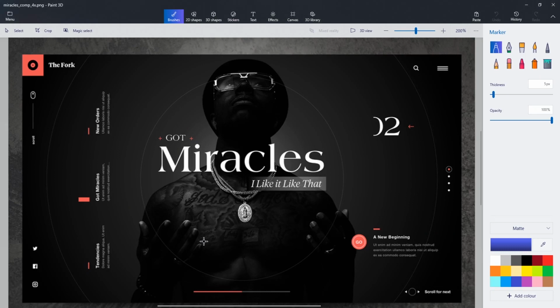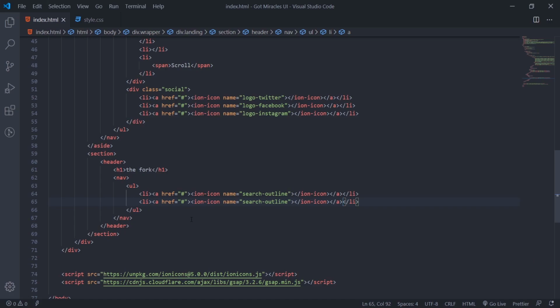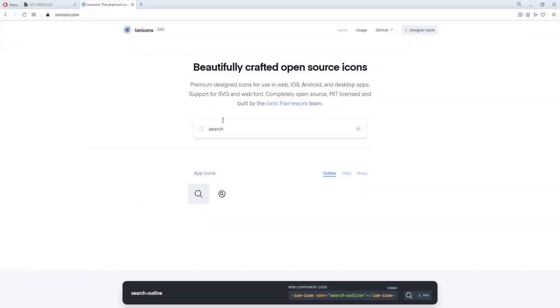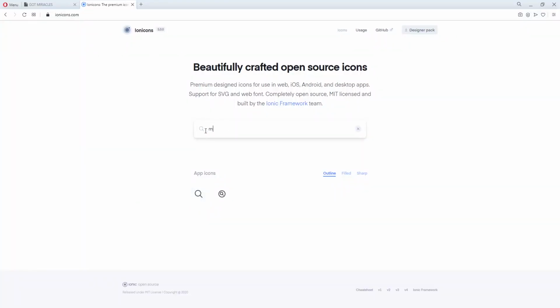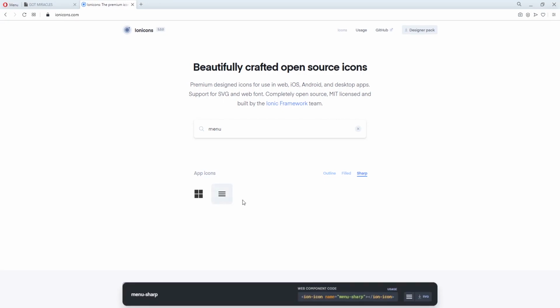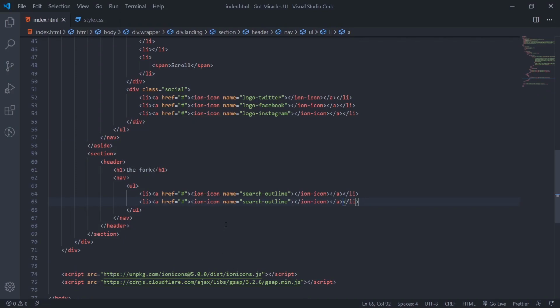So what we'll do, I'll come here and say menu. This is the sharp one. So I'll copy, then paste them here.